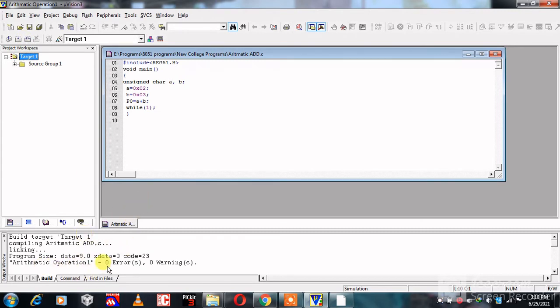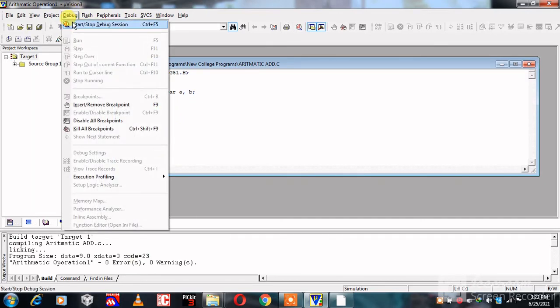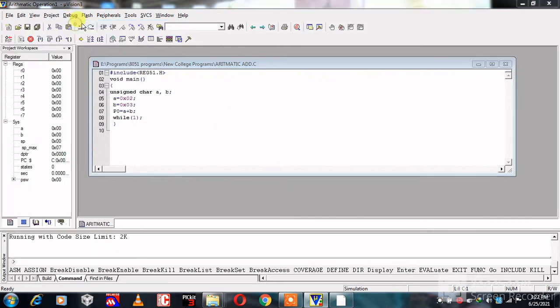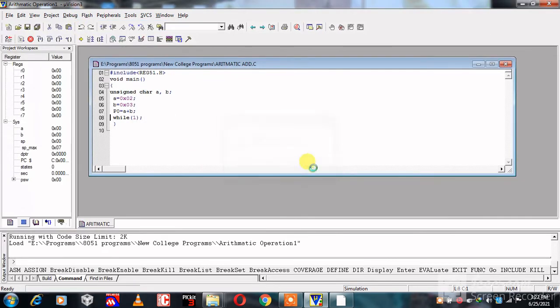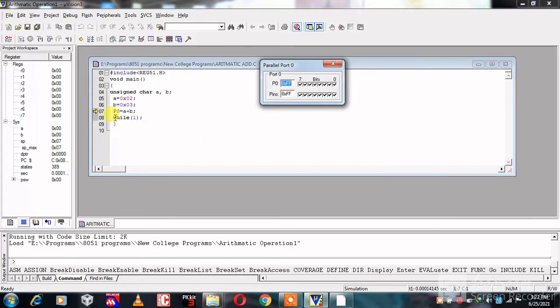Then check the errors and warnings. For debugging of program, click on debug, then click on start/stop debug session, then click on OK. For result, click on peripheral and select the port. Here we have used port P0.